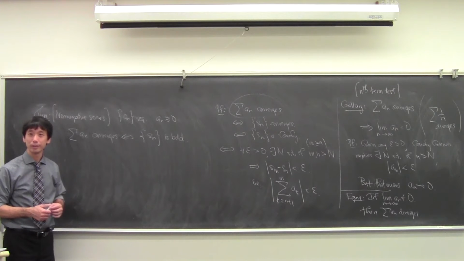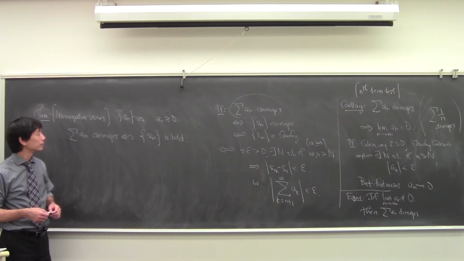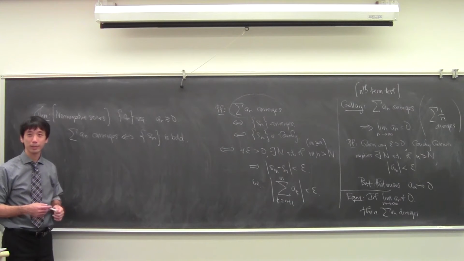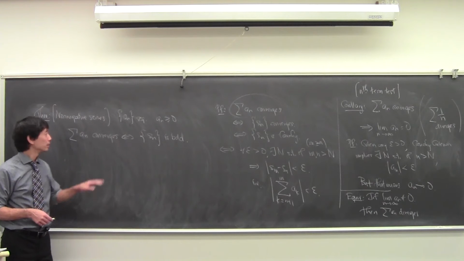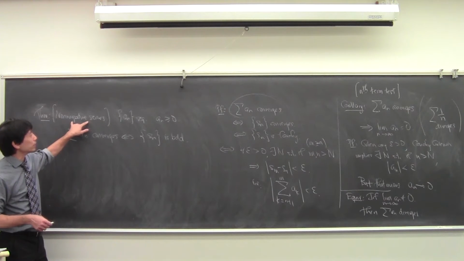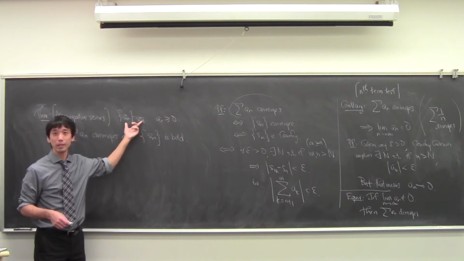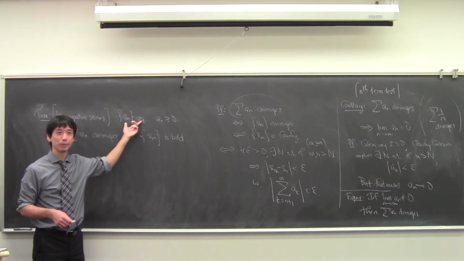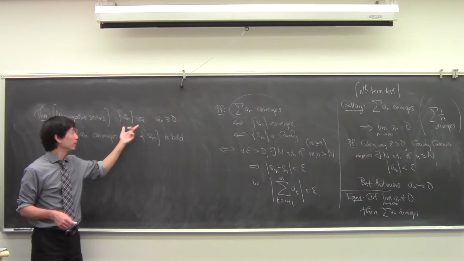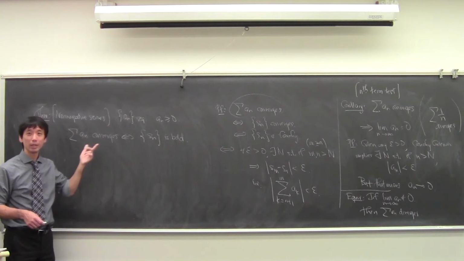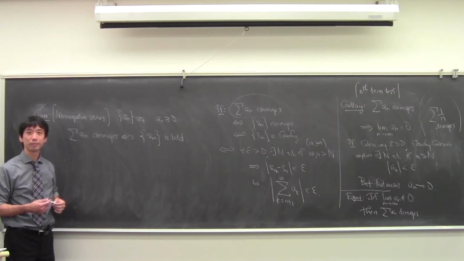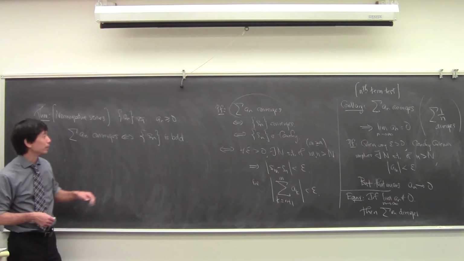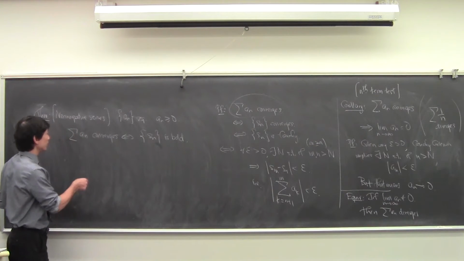Why is that true? Can somebody tell me why that's true? You have a non-negative series, right? All of the terms that you're adding on are bigger than or equal to 0. So, Adam? S sub n is monotonically increasing and bounded, which means that it converges. Right. So, yeah, the point is that